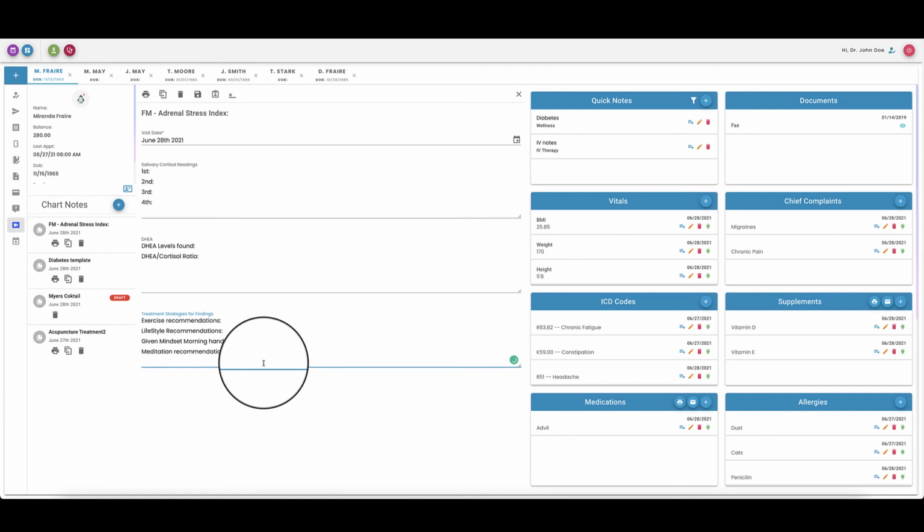The great thing about this new charting is that it auto saves. Every 2 seconds, the software will read the information that you have entered, and in case the power goes out, you lost internet, you switched screens, you walked away, and the software logged you out and you forgot to save and you had lost all of that information, all of that is going to go away with our new auto save feature. So you can start typing,